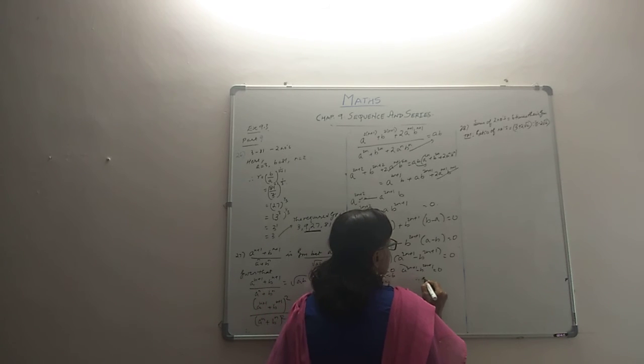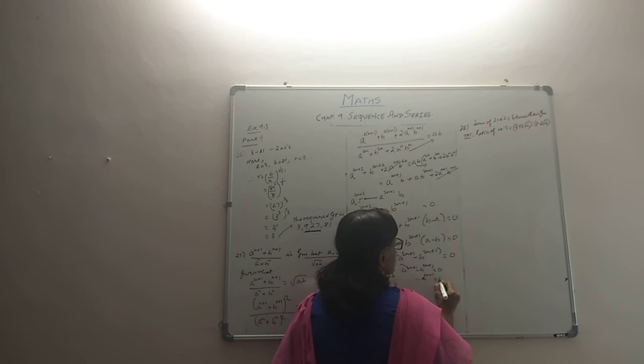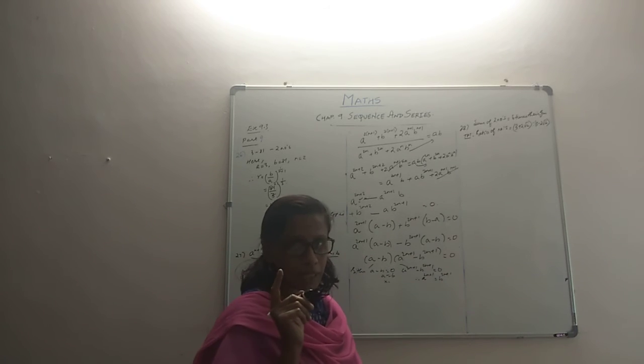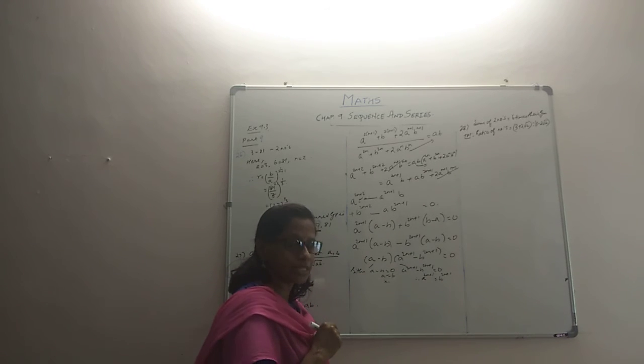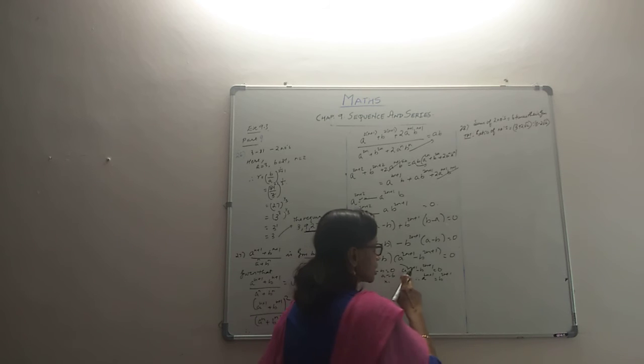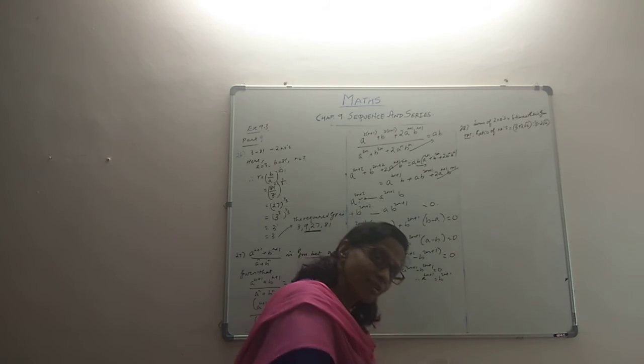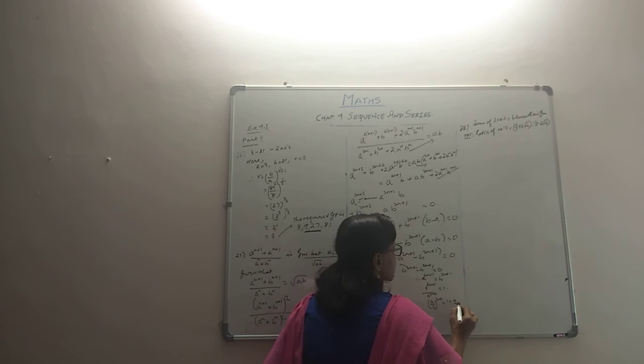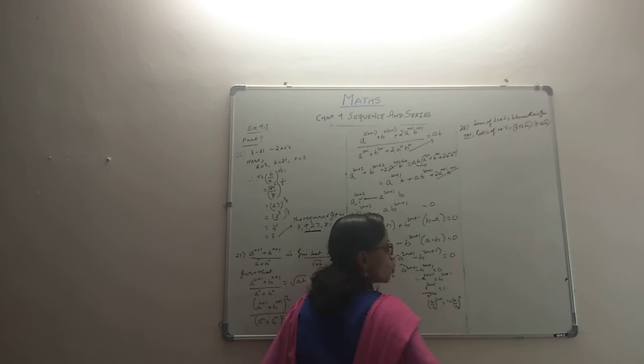So here what happens, A raised to 2n plus 1 is B raised to 2n plus 1. It's a similar case that we had in the arithmetic mean problem also. We did one problem like this in arithmetic mean. There also we came across such a thing, and then we took it on the other side. Then we bring this here like a ratio. So what will happen, A raised to 2n plus 1 by B raised to 2n plus 1, because we brought it here, 1 is left. Or it's like writing A by B whole raised to 2n plus 1. Because it's a 1 here, I can always write it as A by B raised to 0, no harm.